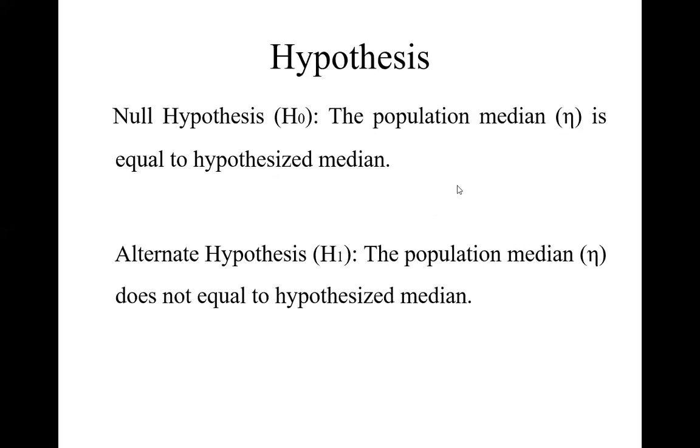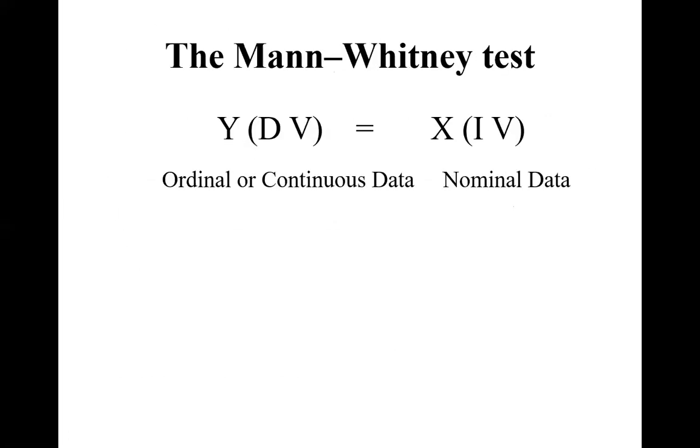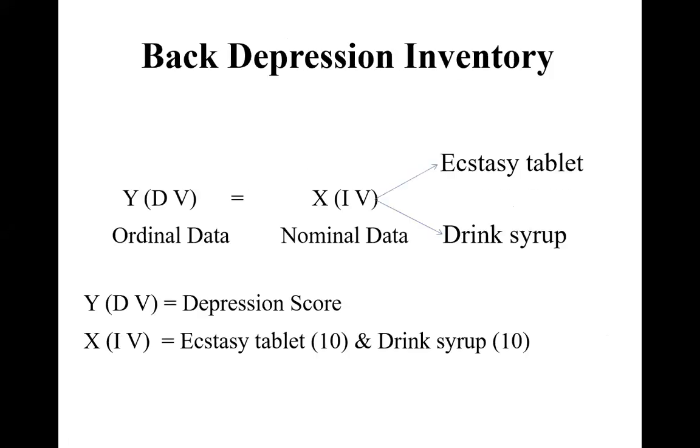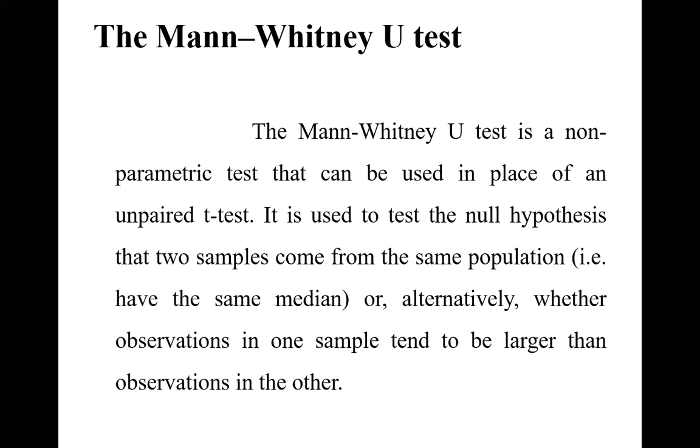Next is how to report our result. We report our result as we report in a one sample t-test. I'll explain later on. Now, for the second case, we will discuss the Mann-Whitney U-test. First of all, I am discussing the concept of each test, and after that I will take a case study and explain through SPSS, analyze and interpret the results.